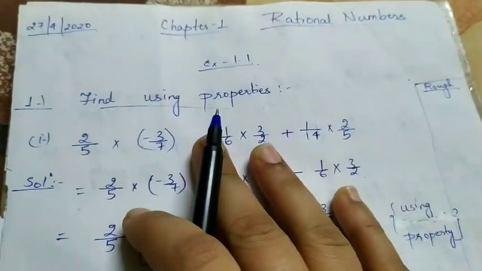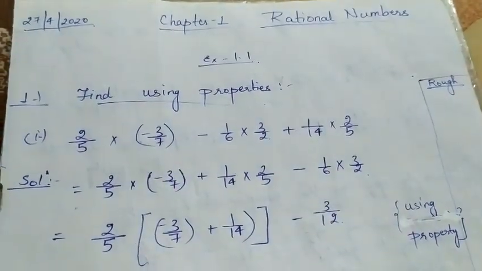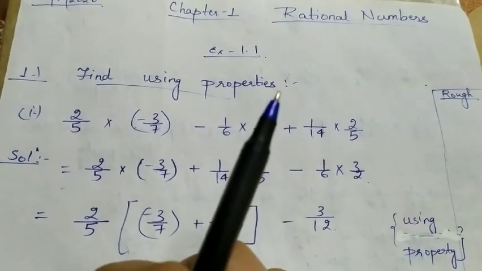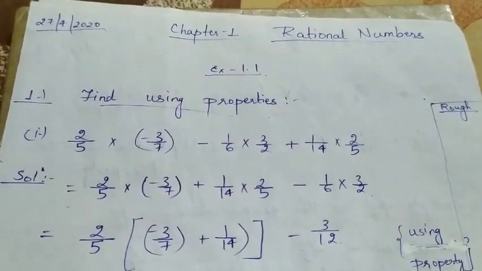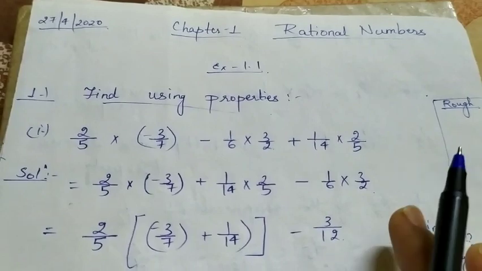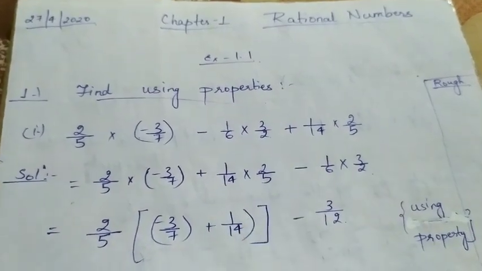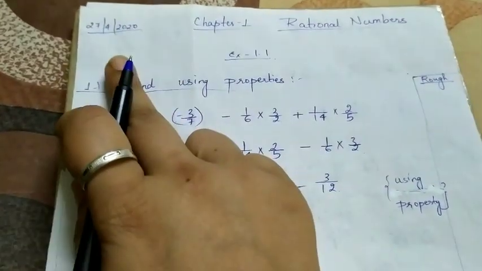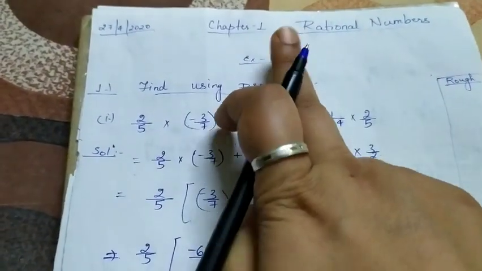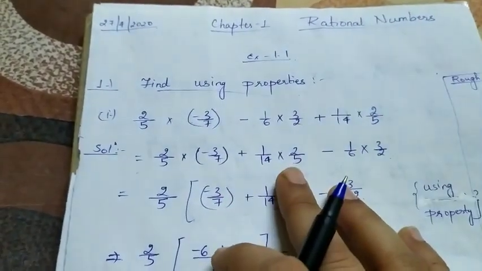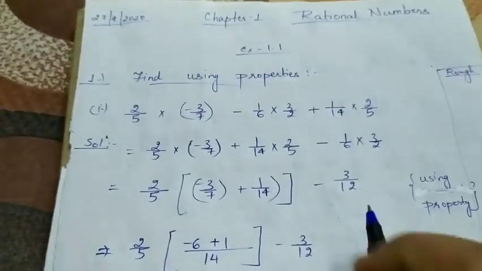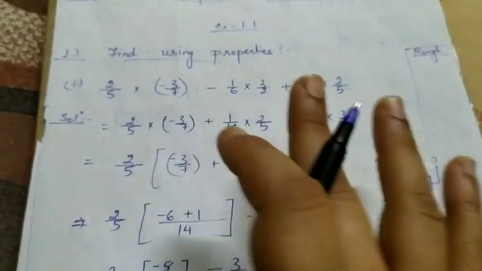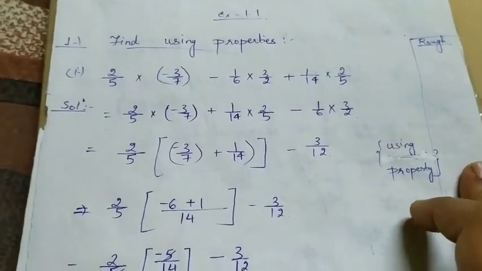Your first question is from your NCERT book itself. I am going to do one question from each part, and you have to do the rest of the questions also in your fair copy, as I am showing you here. The date has to be given, things have to be put as you are putting, and neatness should be followed. You have to draw one rough line over here, and if there is any rough work, you have to show it here.